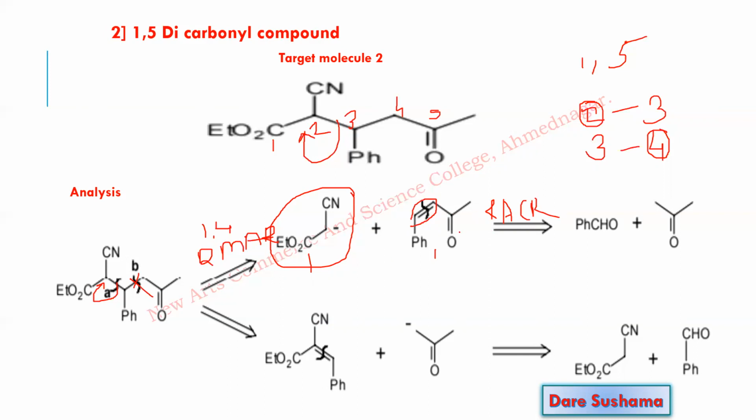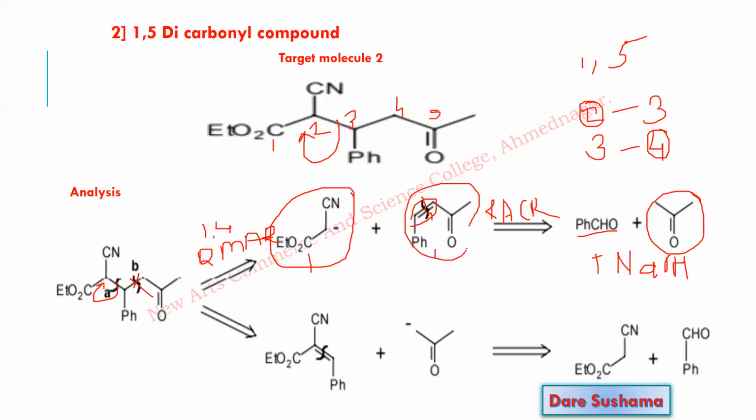For the alpha beta unsaturated carbonyl compound, first of all you have to convert it into a beta hydroxycarbonyl compound. After converting it into a beta hydroxycarbonyl compound, disconnect this bond and you get benzaldehyde plus this donor. So what is this donor? Acetone. And for aldol reaction, you need a strong base, that is, either NaOH or KOH. So overall, what is the synthesis now? You start with benzaldehyde, treat it with acetone in the presence of NaOH, then remove the water molecule, and you get